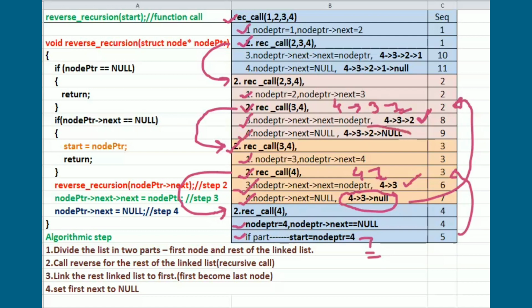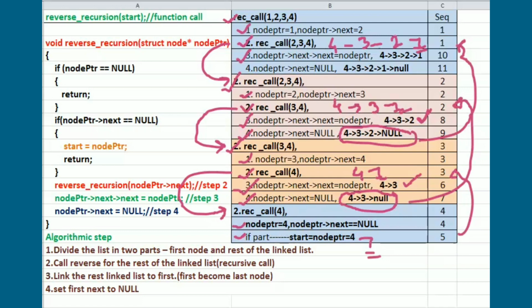So now this new linked list is created for the recursive call 2-3-4 and this recursive call is completed, and its output will be given back to the previous node. Now here you have the elements 4, then 3, then 2, and then null. Again step 3 is creating a link from the rest of the linked list to the first node of your linked list.